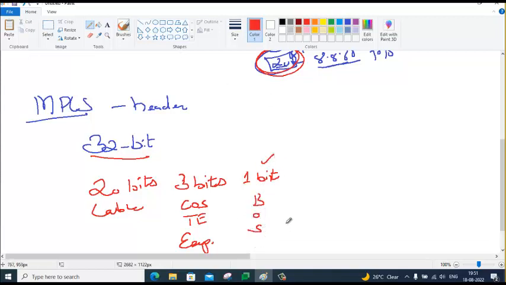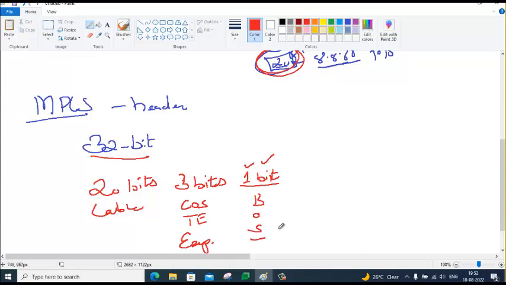This is to tell whether this is the last layer of MPLS, or there is another layer of MPLS. Just to say whether it is the bottom of the stack or not. Bottom of the stack means what? This is the last layer. If that 1 bit is on, then this is the last MPLS layer.